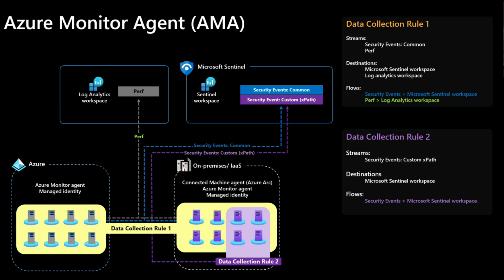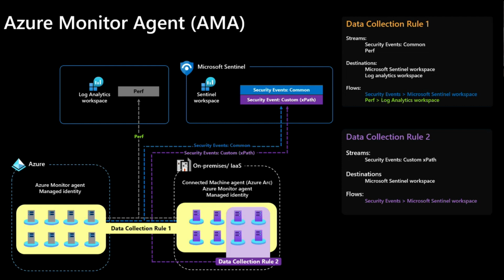I can pick the specific security events, or I could choose from the small, medium, large type thing, which is the common, all, or I don't know what the other option is. But I can also say exactly which security events by using a, what is it, a collection, an XPath. That's the word that I'm looking for, an XPath, to say exactly which events I need and pick and choose from there. So it really gives you